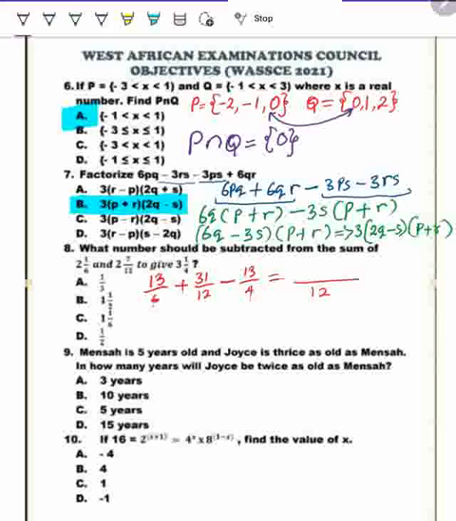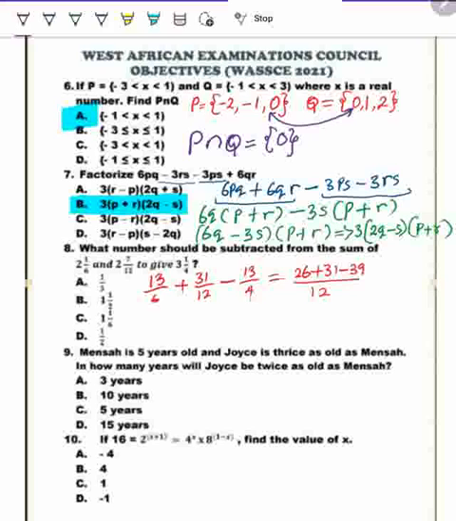12 divided by 6 is equal to 2. 2 times 13 will give 26. Then add 12 by 12, which is 1. Then 1 times 31 will give us 31. Minus 12 by 4 is going to give us 3. And 3 times 13 is going to give us